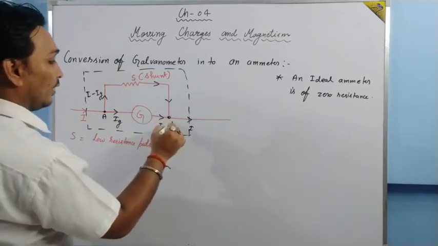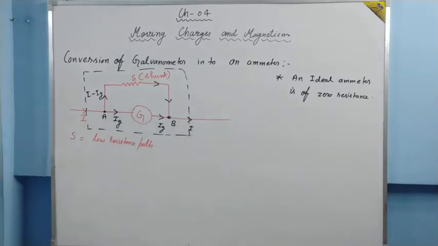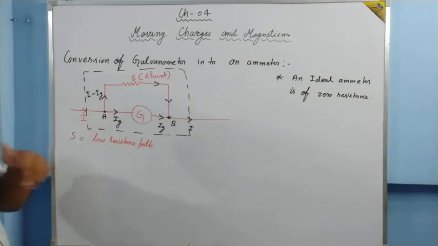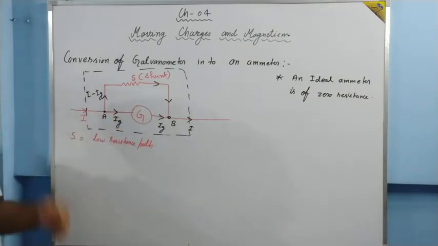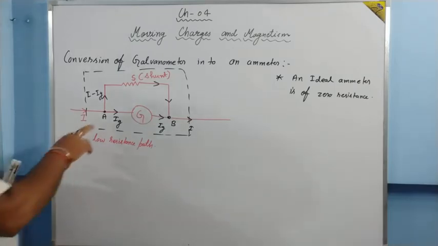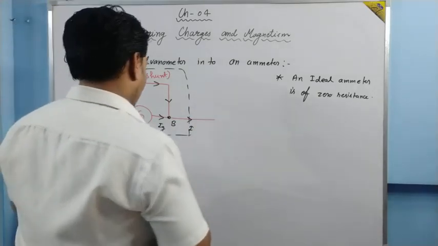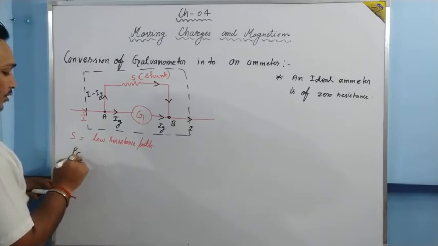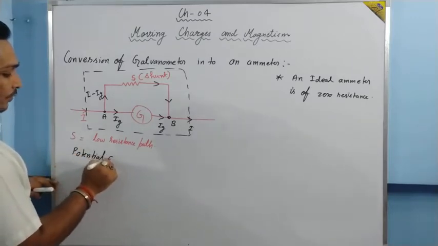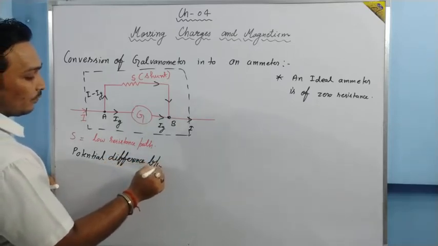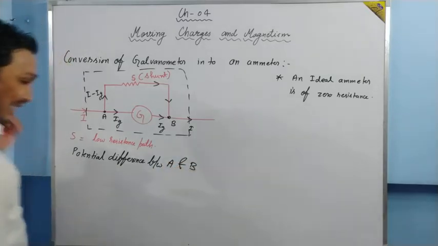Suppose this is point A and this is point B. For what value of I, and what resistance should be connected, or for what resistance this galvanometer can measure what current, let us derive a mathematical formula for that. How will this formula be? I am going to write the formula for the potential difference between A and B. The potential difference between A and B is,